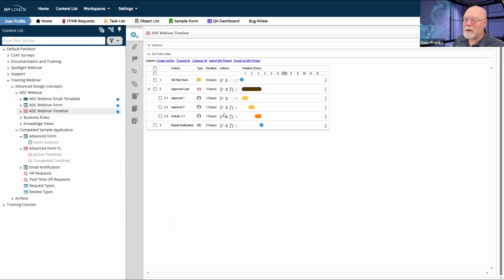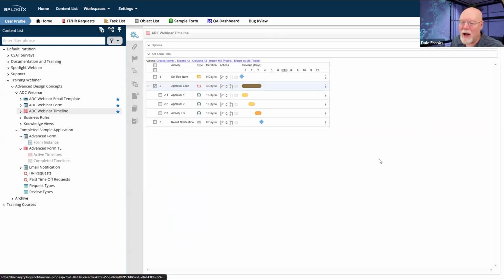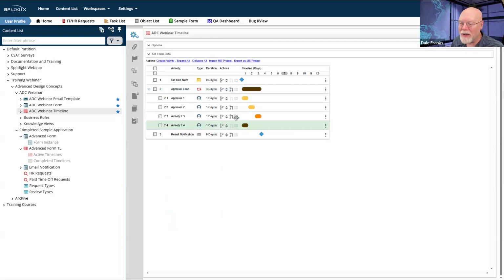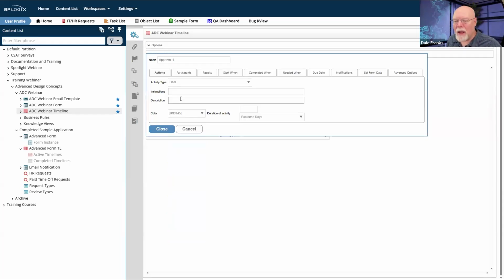So now I just do that, and however many of these activities I need, I'll just keep hitting create child activities, and then I'll just keep adding the dependencies, and I can build out my approval loop. And great, I'll give them the appropriate names. Now, in the case of the completed example, I don't really care about returning the loop to the beginning, but sometimes you might. So my approval one might not actually be an approval. It might be an initiator resubmittal.